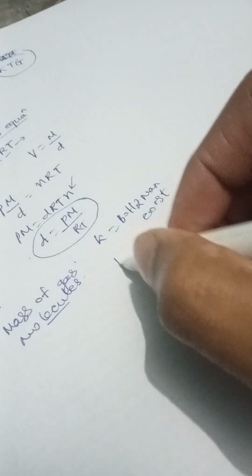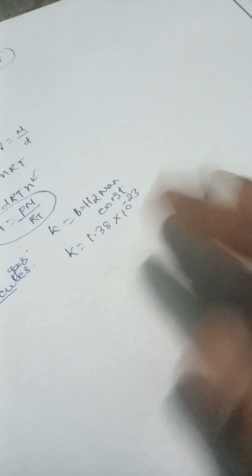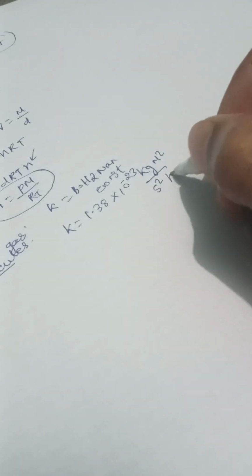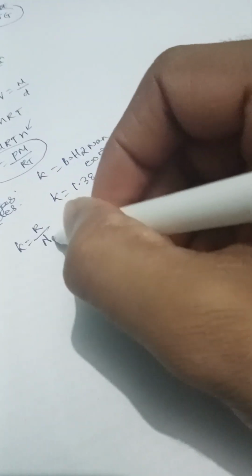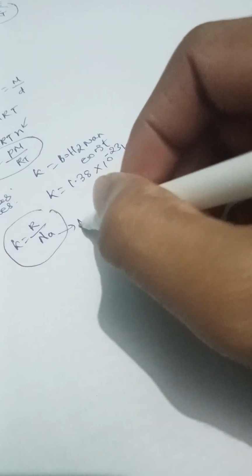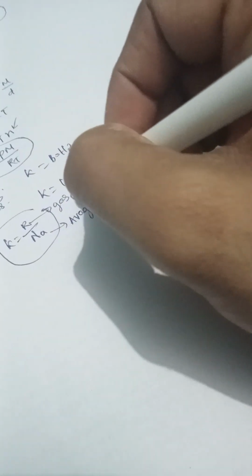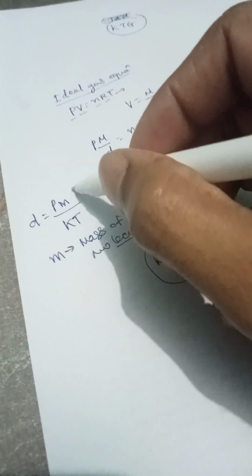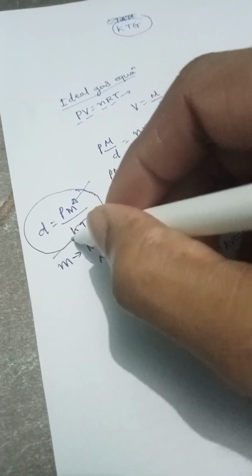constant, and the value of K is equal to 1.38 into 10 to the power minus 23, and the unit will be kg meter square upon second square into Kelvin. This is the unit of K. K is the Boltzmann constant, right? And K can also be written as R upon Na, where Na is the Avogadro number, and R is the gas constant. The value of R will be given in the question, right? So this is a very important formula, density of gas in terms of mass of each molecule, and K is the